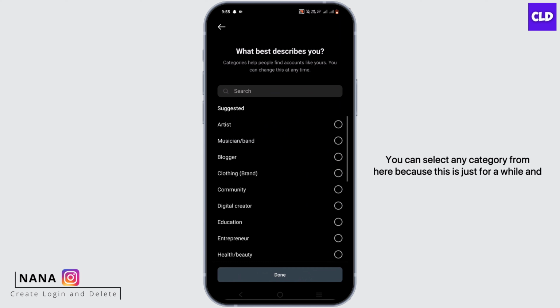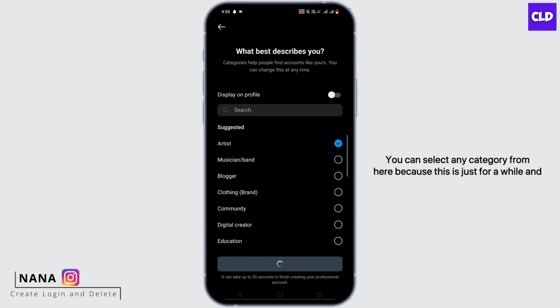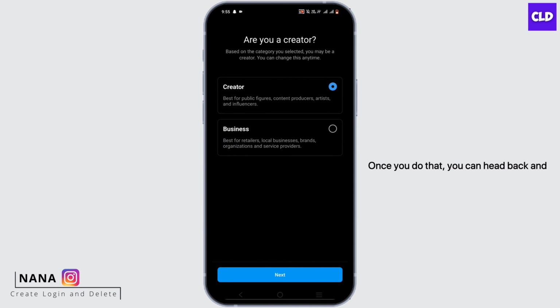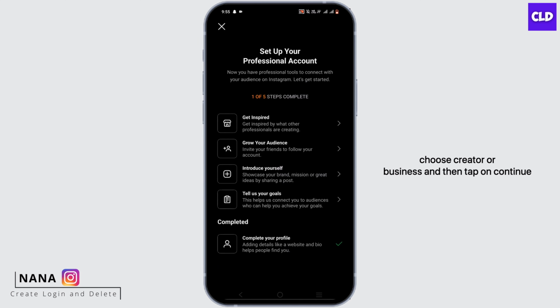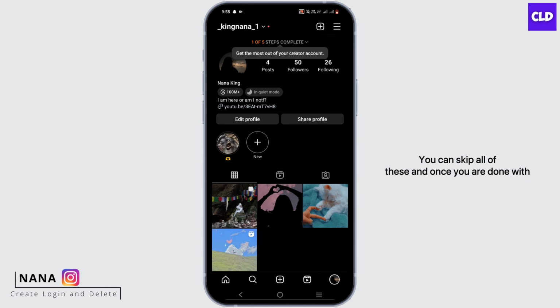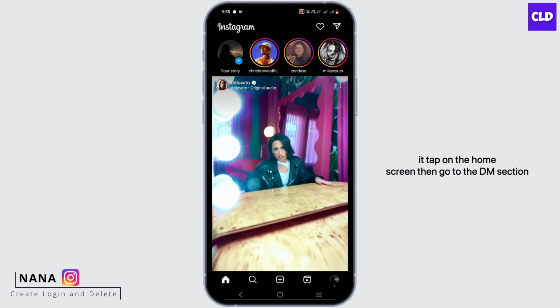Through all of this, you can select any category from here because this is just for a while, and once you do that you can head back and choose creator or business and then tap on continue. You can skip all of these, and once you are done with it, tap on the home screen, then go